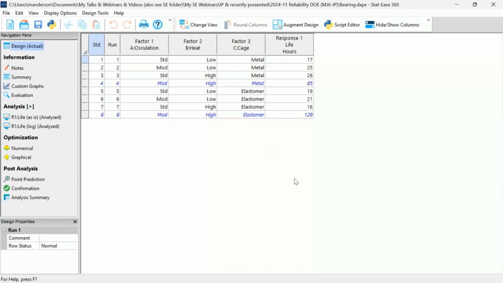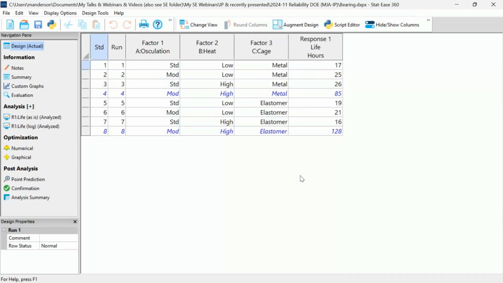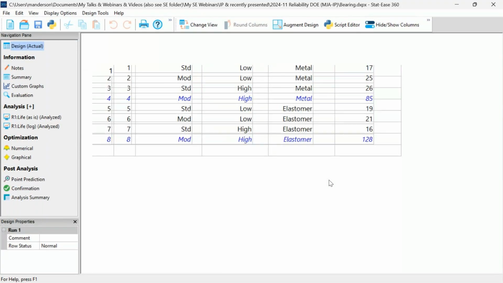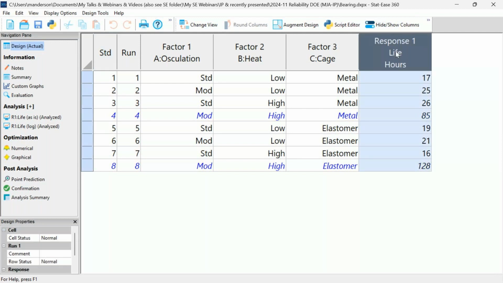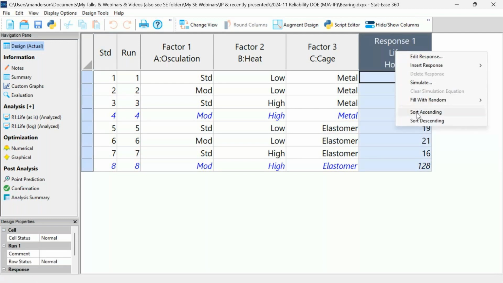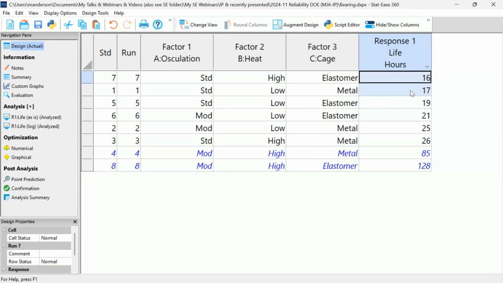And then I'm going to do Control Mouse Wheel to make this bigger, which is a nice feature in the program, so that we can see this a little bit better. And then what I would do as soon as I get the data is look it over. What I like to do is just sort the data and try to get an idea if in here there is that increase of 17 hours, which there is. And is the range much more than what we would expect by chance?